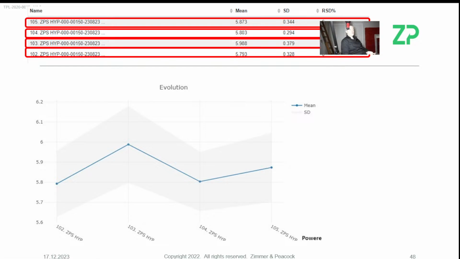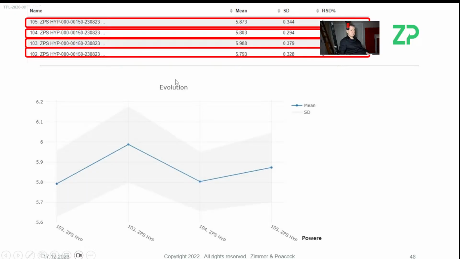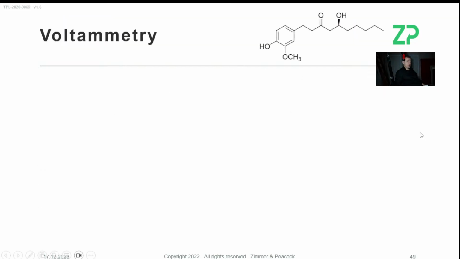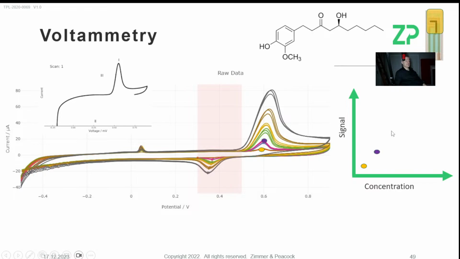You know, we are ISO 13485, so we are qualified to do the development and manufacture of medical devices. We use our own screen printed electrodes in our own products, so we're really cautious about this. We do actually reject materials as well by going through this process. So the first person to know whether something's working or not is actually ZP, because we'll spot it before it gets shipped. That means we don't need calibration, because if we were doing a signal versus concentration graph, we would find that we had good repeatability at each concentration, and therefore we don't need to do in-field calibration.